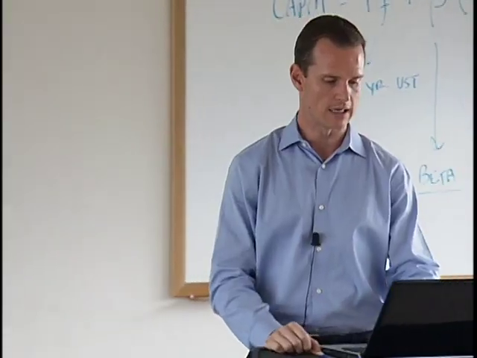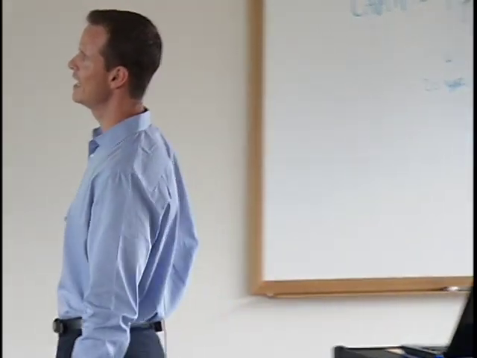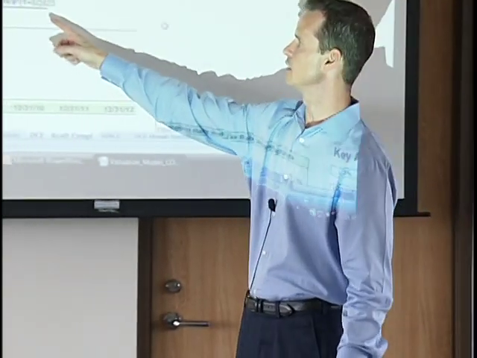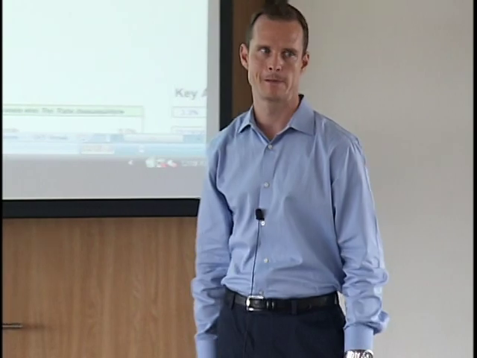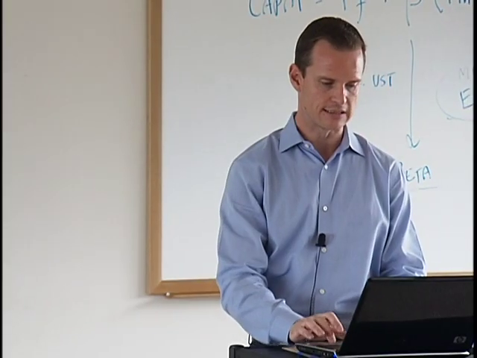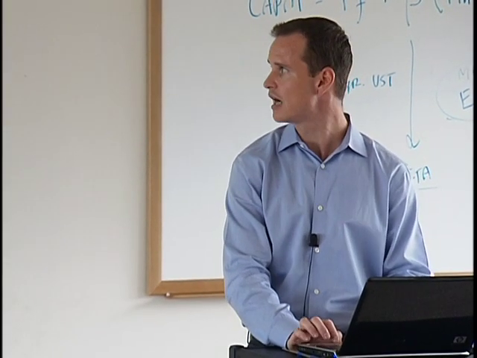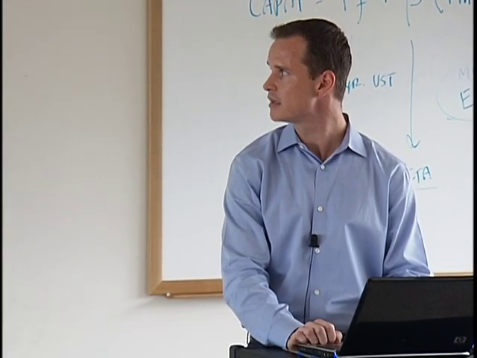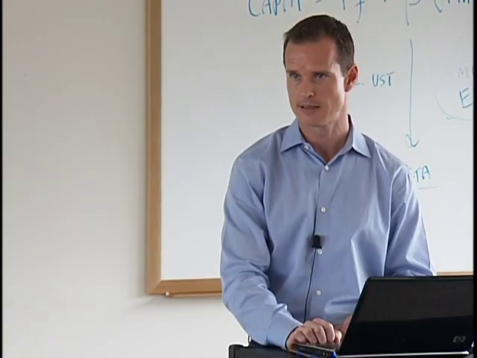So the way I want to lock on this is I want to hit F4. And you'll see that when I hit F4, it puts a $ sign both in front of the column as well as in front of the row number. And that's how you can tell that the cell is locked. Now I can close my parentheses, and now I can copy this. Control C to copy. I select the range where I want to paste it. Control V to paste.